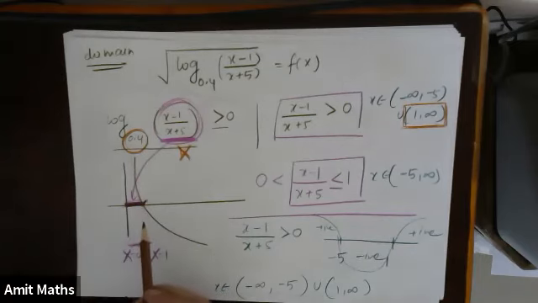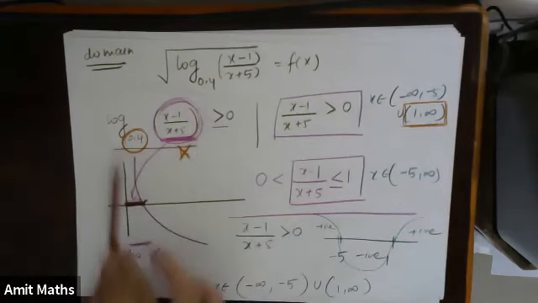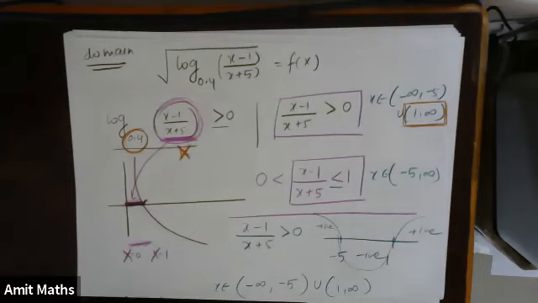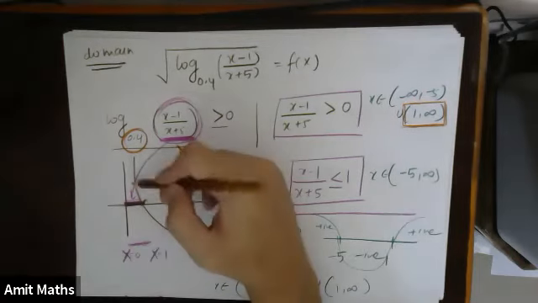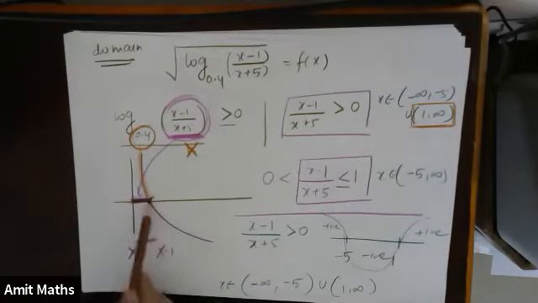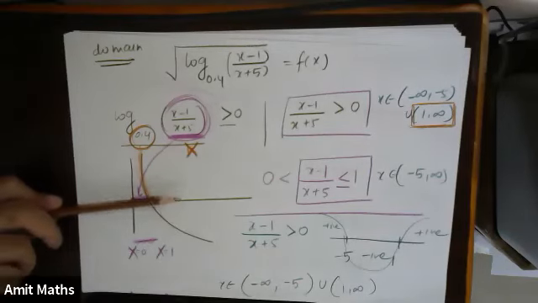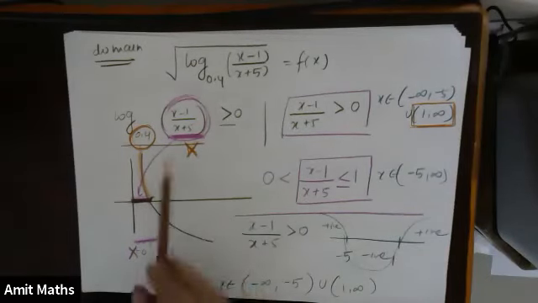So for what values of capital X is this whole thing positive? When capital X is taking values from 0 to 1, this is positive. If I take more than 1, the graph will become negative, that means it will lie below the x-axis. That means this capital X should lie between 0 to 1. Okay. And 1 can be included.